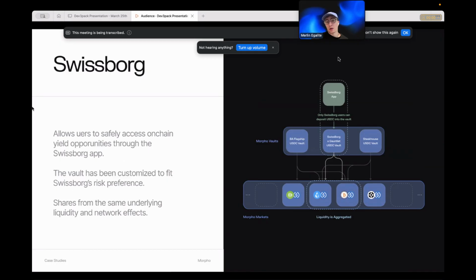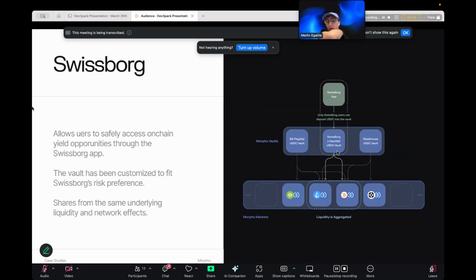Of course, one of the cool things with Morpho is there's not only the Swissborg and Gauntlet USDC Vault that is deploying capital into those markets. There's also the Stakehouse USDC Vault. So Stakehouse is another risk manager, and there's also the Block Analytica USDC Vault. And those vaults are deploying capital into our markets, but also the markets used by the Swissborg